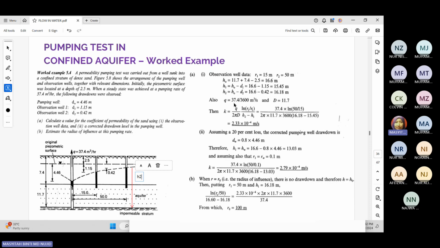Q, flow rate, jangan lupalah, macam saya cakap tadi, kalau flow rate you dalam unit yang berbeza, make it in one consistent unit lah. Dalam this case, dia tukar hour kepada second. So tak ada masalah lah, 1 jam sama dengan 60 minit, 60 minit nak tukar ke 60 saat, apa kena buat, so you pun dah tahu. So thickness of the aquifer tu is given 11.7. So substitute dalam formula, you akan dapat coefficient of permeability for confined aquifer is 2.33 times 10 negative 4 meter